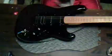Okay. Now I'm going to polish the tremolo arm, and we'll put that back. And then,